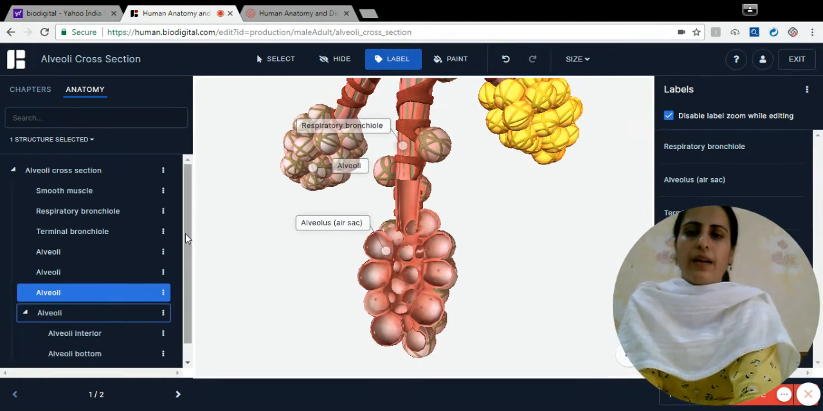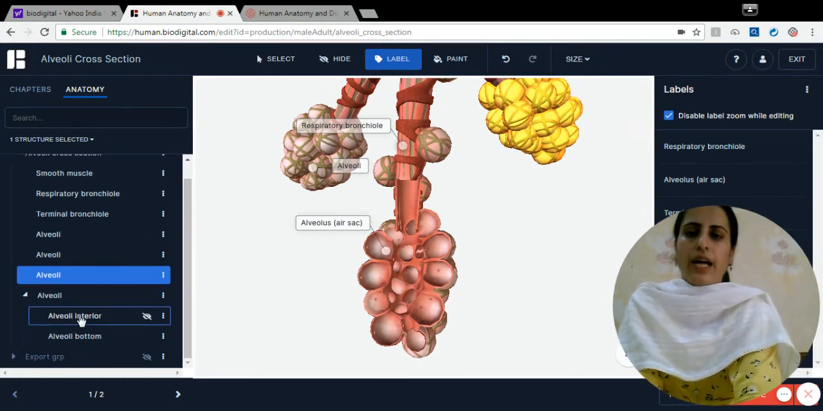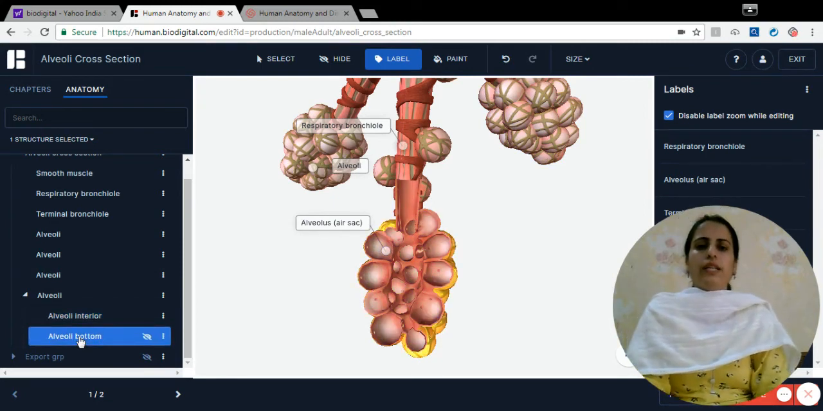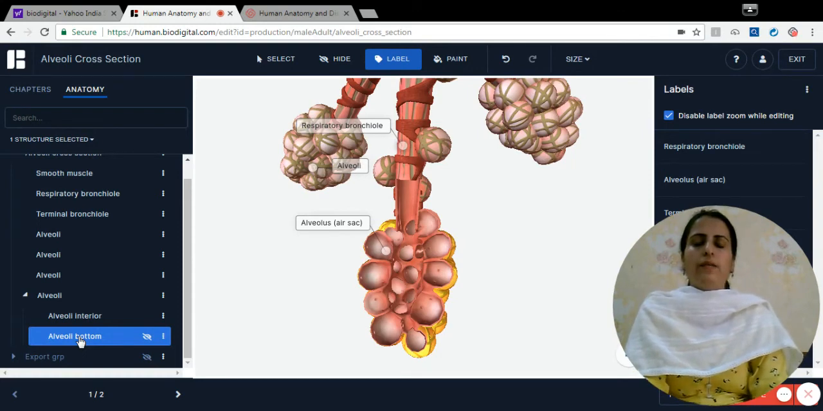This alveolus has an alveolar interior and an alveolar bottom. The alveoli are highly vascular, surrounded by a large number of blood vessels. It is in this region that the pulmonary artery, the artery that carries deoxygenated blood, which is the only exception of an artery carrying deoxygenated blood,